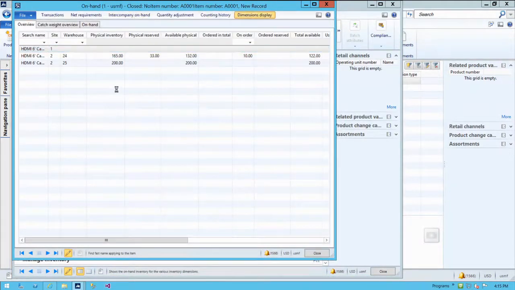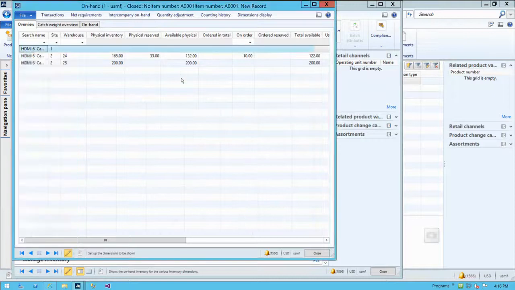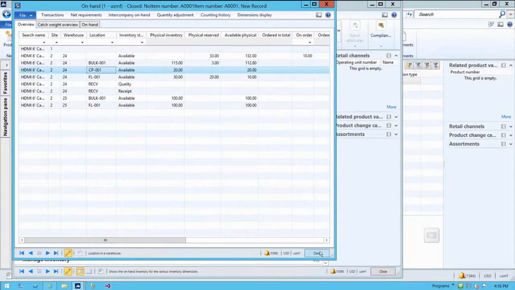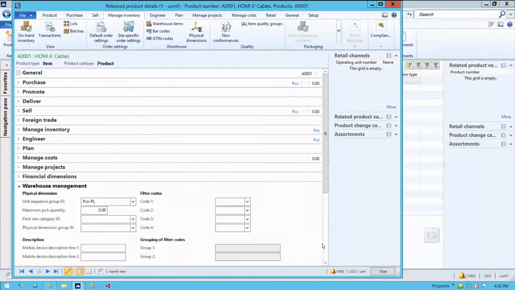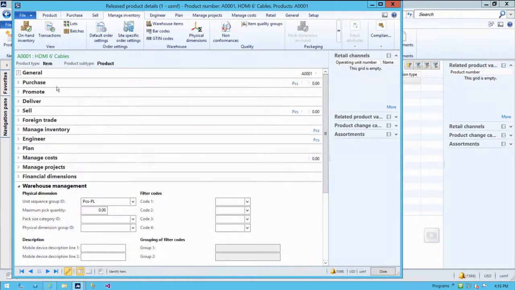If we look at our dimension display by location and status, we can see what's available. What we really need is enough inventory in CP001. So that should work in theory. Because if we look under warehouse management setup, CP001 is a fixed location for this item. So I have plenty in that fixed location. However,